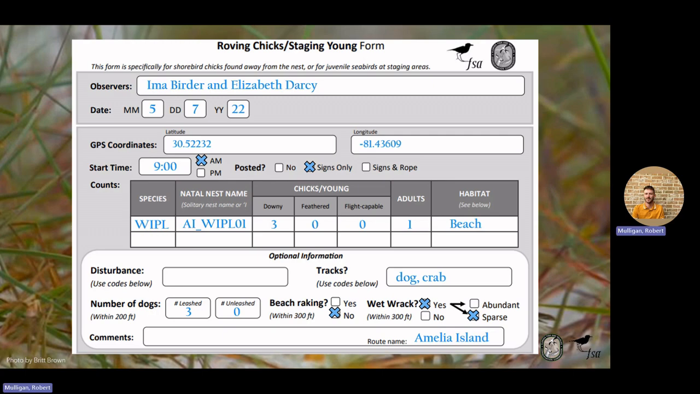Here's an example of a roving chick staging young form. There were 3 downy Wilson's plover chicks observed foraging on the beach with one adult. The observers record the species as Wilson's plover, 3 downy chicks, 0 feathered, and 0 flight capable, 1 adult, and the beach as habitat type. In this case, the natal nest for these chicks is known,